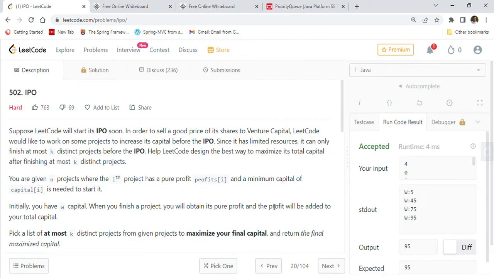Hi friends, welcome back. Today we are going to solve one very important, conceptually important and hard coding question on Leetcode 502 IPO, which is initial public offering. As you can see from the like and dislike ratio, this is a very likable problem, and conceptually it's quite important problem to solve, and that's why it is a hard problem. So we will go through the problem statement. We'll understand this problem with a few examples, and then we will implement the Java solution for this problem in